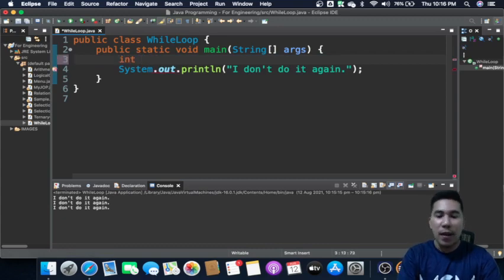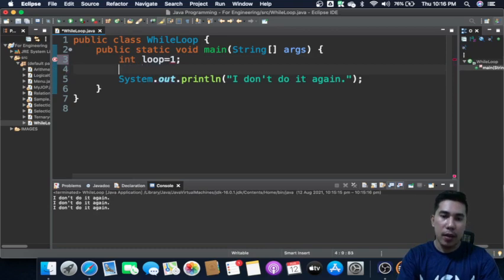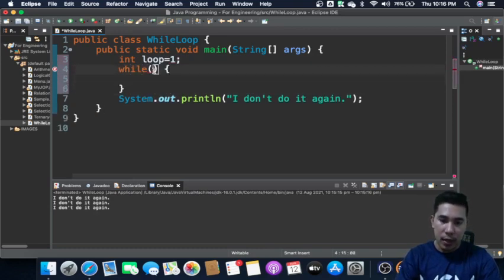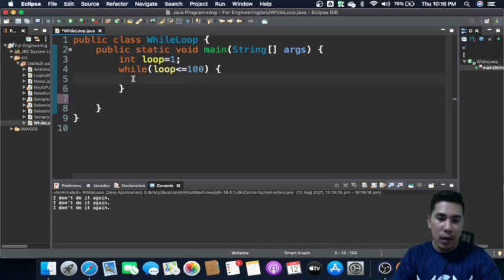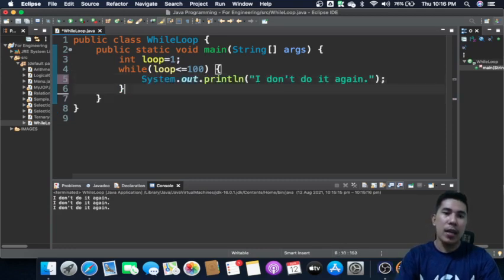Let's say we have loop equal to 1, and then while loop is less than or equal to 100. Don't worry, I'm going to elaborate on that later. And then you will have loop plus plus.